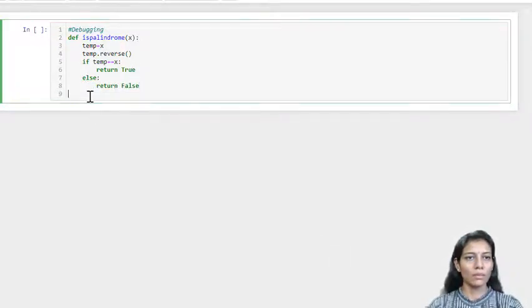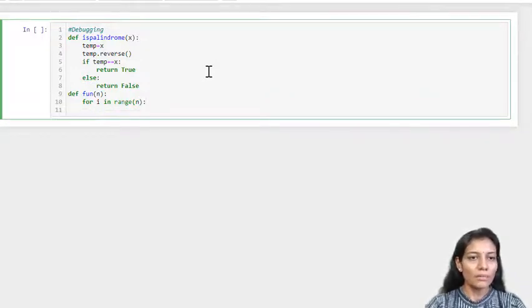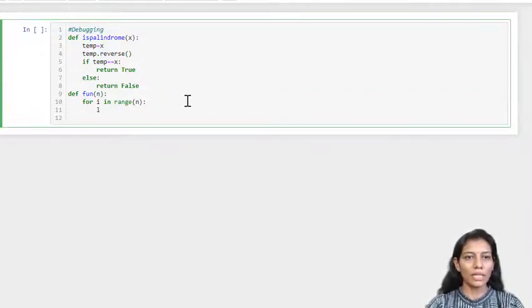Now I'm going to define another function in order to accept the user inputs. In this function I am giving n, which is the length of the string that I am supposed to check for being a palindrome or not. So for i in range n, I'll be generating all the values from 0 to n minus 1 so that I can iterate over all of them.